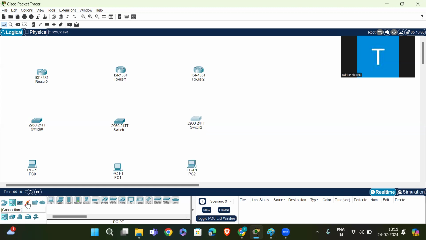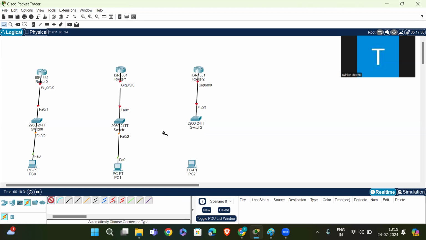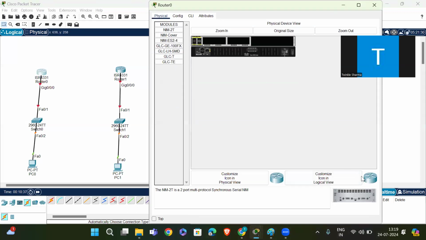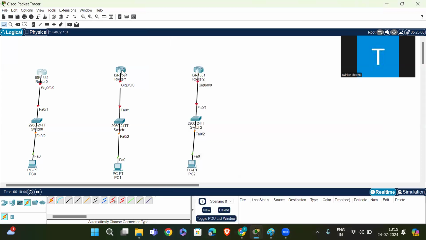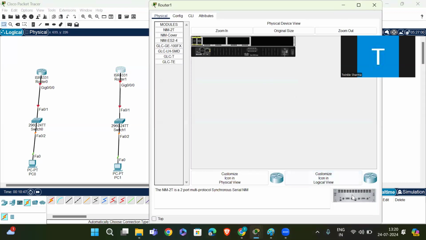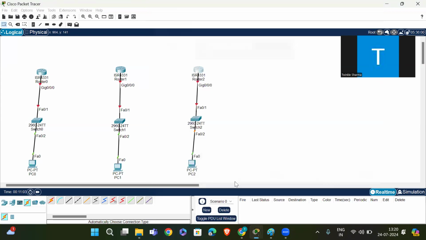Then I'm connecting them with connecting wire.